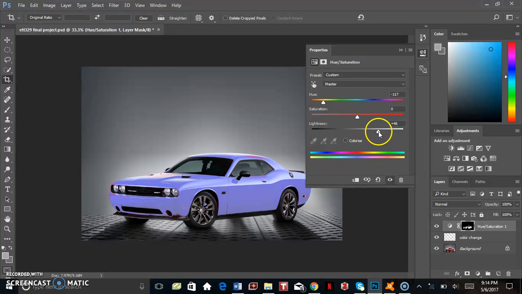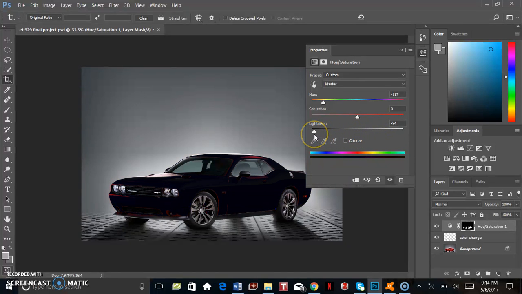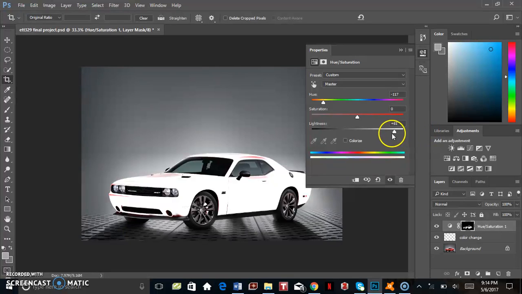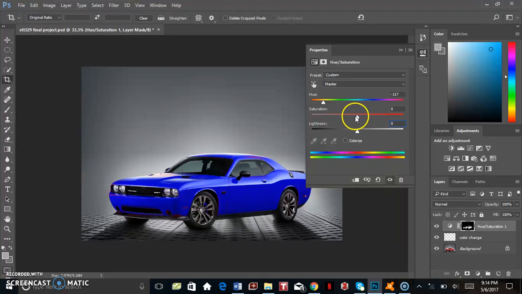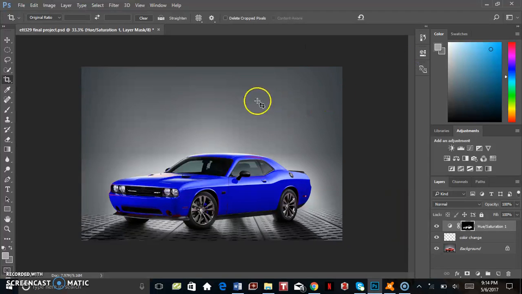Here's your brightness, of course. You can make it dark to black, basically, or to white, or of course you can just leave that at 0 so you can change the color. The saturation is just really the intensity of the color. So if you really want to intensify the blue a little bit, or brighten the blue a little bit, stuff like that. We can leave that at 0 as well. So we're going to leave it as such. That is the color change portion. As you can see, it only changed the highlighted areas. The next thing I want to touch on is